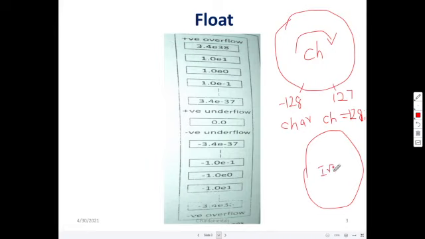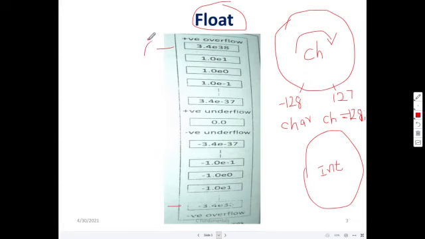But as far as the float is concerned, we don't have a dial like this. The limit is minus 3.4 e power 38 to plus 3.4 e power 38, correct? This is the range of float.